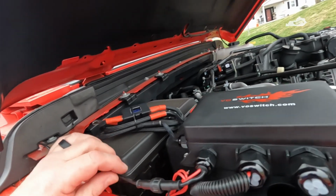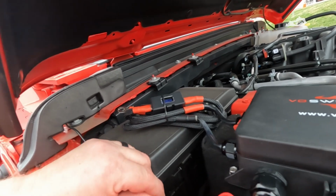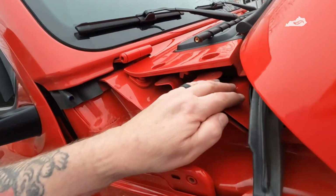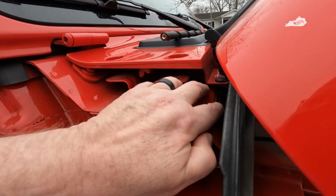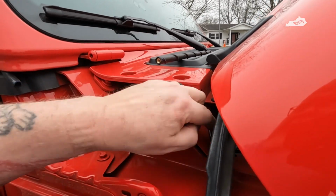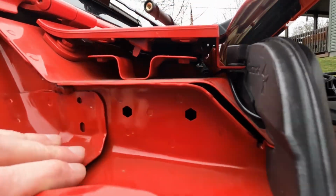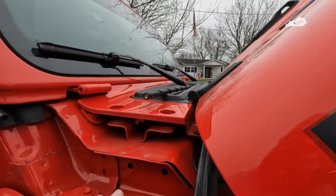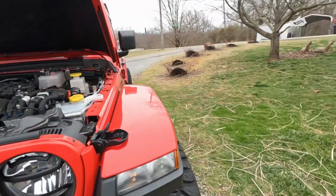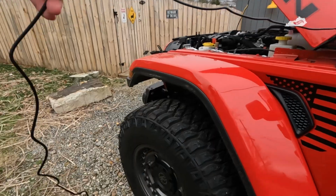Okay, as you can see, I've got the cable, the wire fed up in there. I'll leave a little slack on this side. It goes right through this foam pad, right up through the cowl there, underneath. So I can go ahead and put this corner back on and put my antenna back on. But it goes right up to there, no problem whatsoever. Shouldn't interfere with the wipers or anything like that. And I'll bring it over on this side. And as you can see, that leaves me plenty here